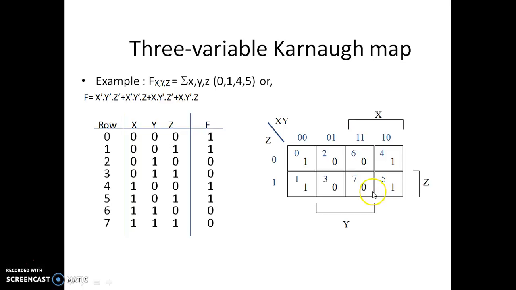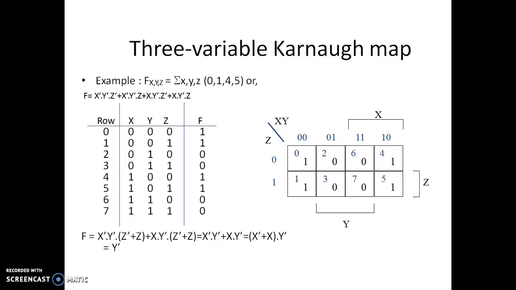So from these two columns, we will get the x output. From these two columns, we will get the y output, and this is the row which will give you the z row. So with the help of this K-map, we can simplify or minimize the function in this way. So the output will be the largest grouping of ones. So here we can group these 4 ones. So the output will be y dash.